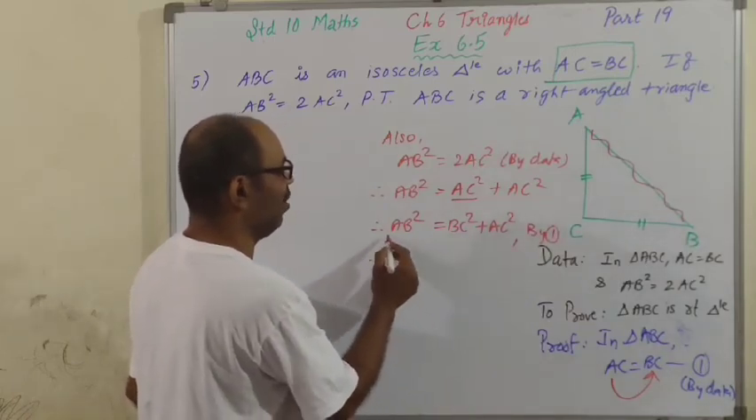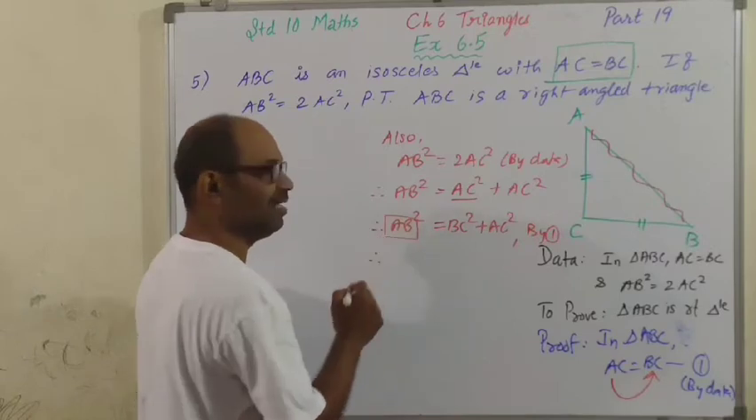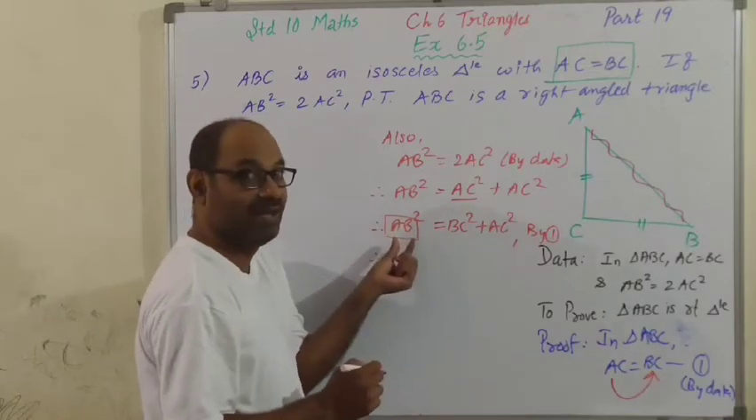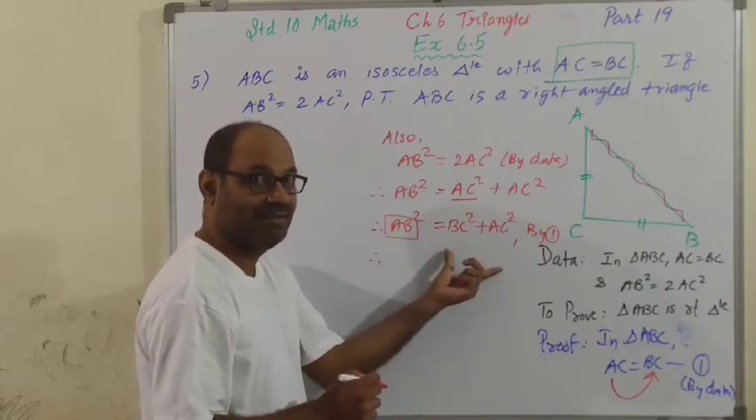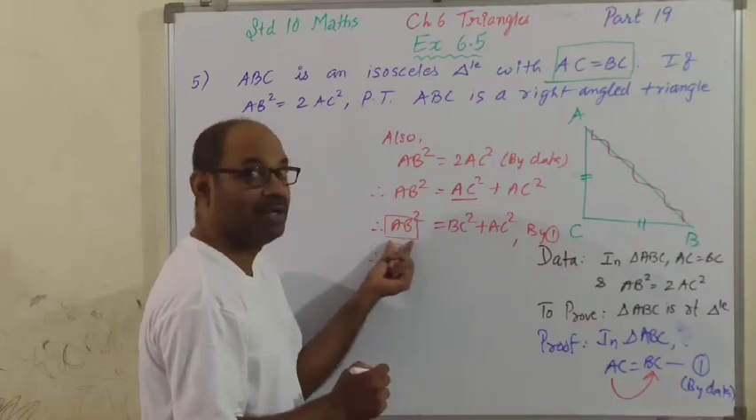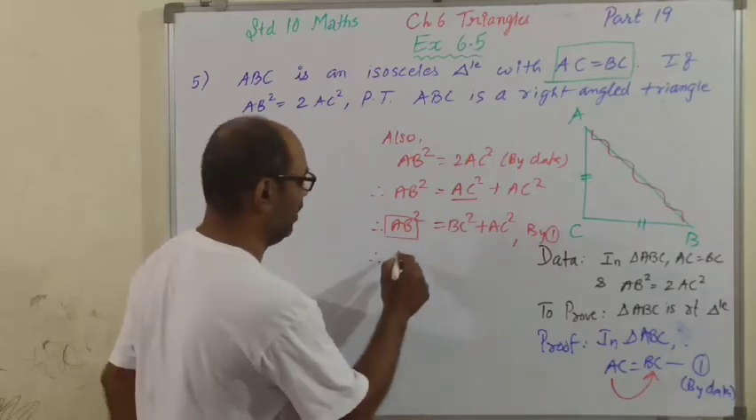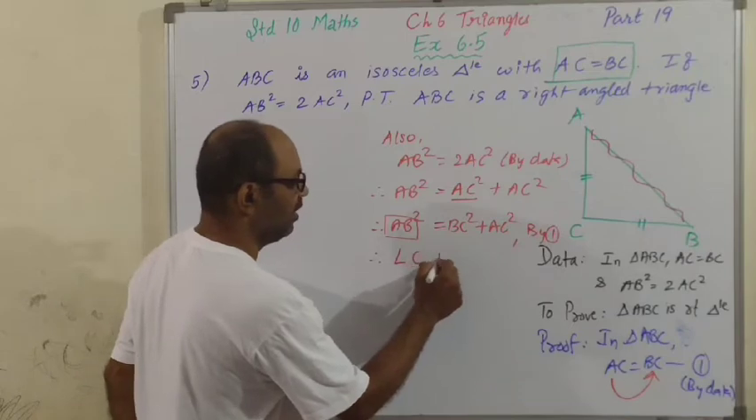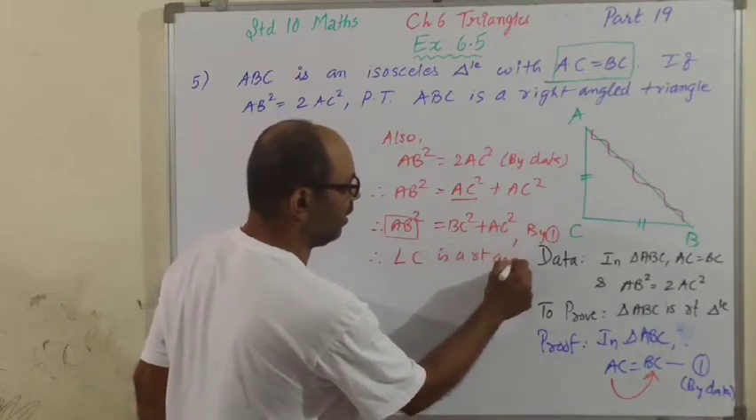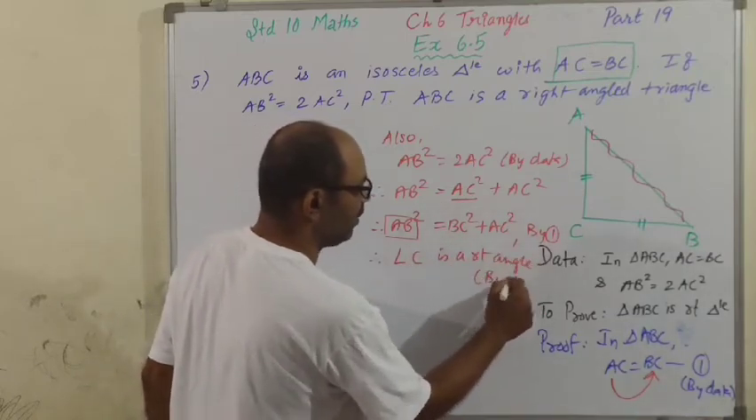Therefore, which angle? That means AB is the hypotenuse. The converse of Pythagoras is obtained. So AB is the hypotenuse, which means angle C is a right angle. Therefore, angle C is a right angle by theorem